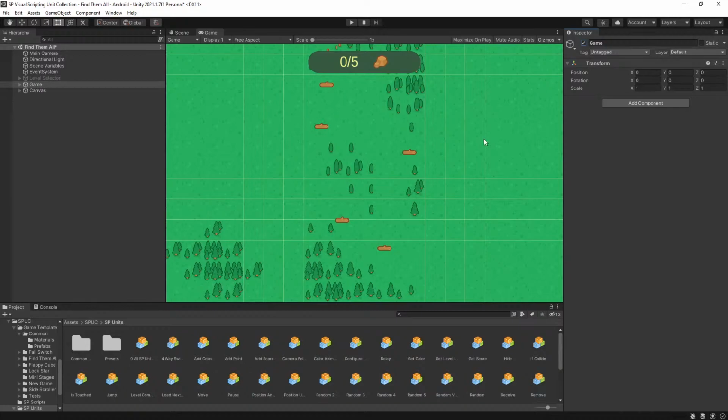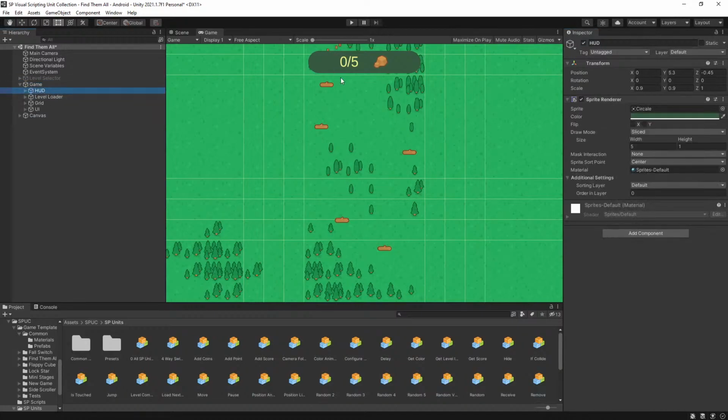So for me that's a small enough piece to actually tackle, but if even the timer is still a big task for you, you can break it down even more. And technically, when you're solving a problem, that is what you're doing. You're breaking down that timer even more into smaller pieces and taking it one step at a time to create it. So right here I have a HUD, which is